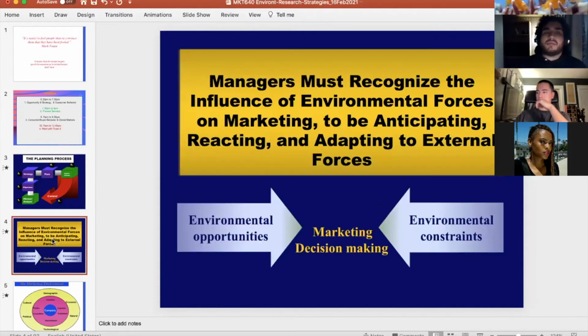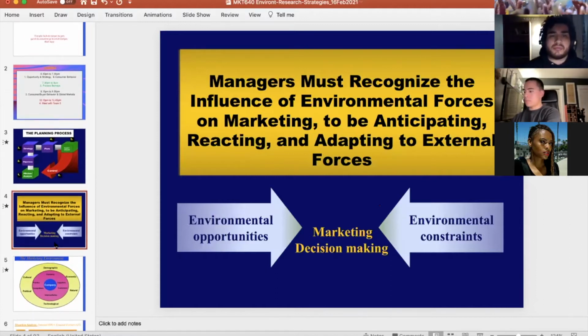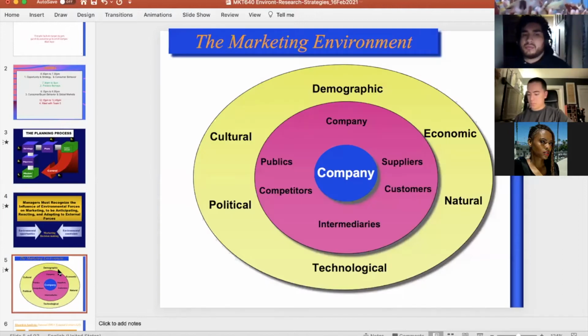Okay, so the research, where do you do this research? Again, I don't want to spend too much time on this because this is a repetition, but it's so important, because it's just like a musician. Before you play the music, you have a set of things that you do in order to get yourself tuned and ready. In running a business, there's a set of things you need to understand, and that's where you find inspiration in your environment. What do you look for in your environment? You look for opportunities and threats, but you also look for strengths and weaknesses.